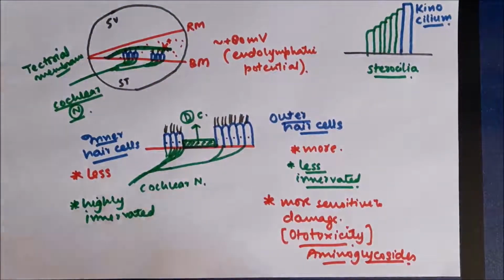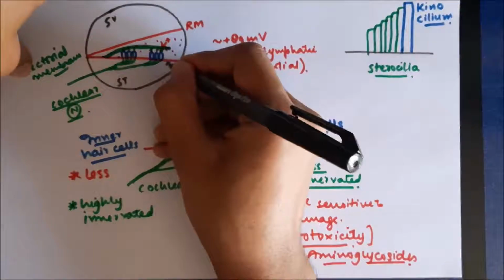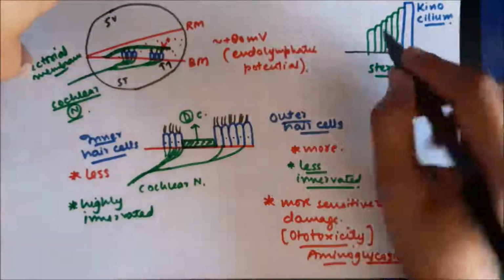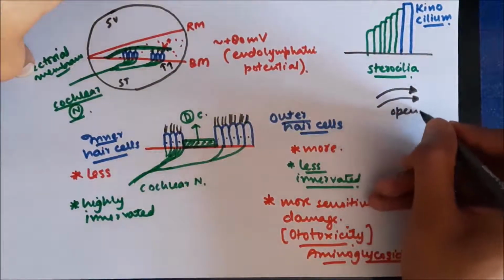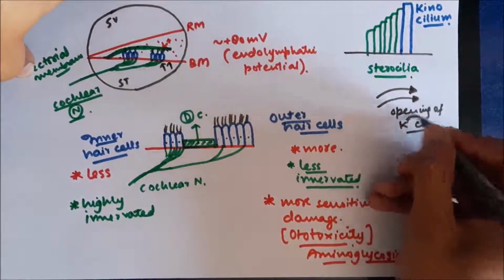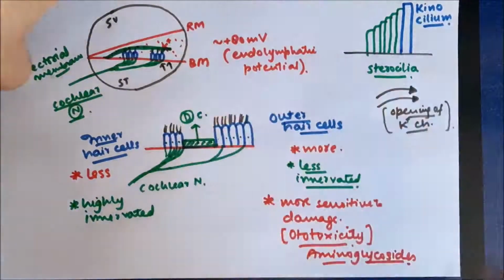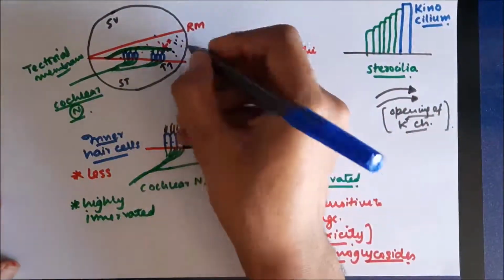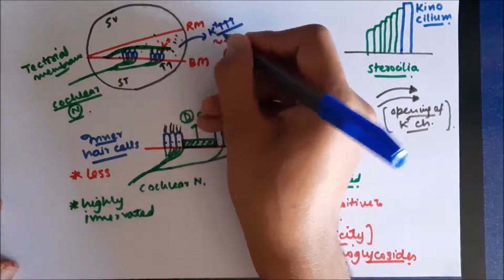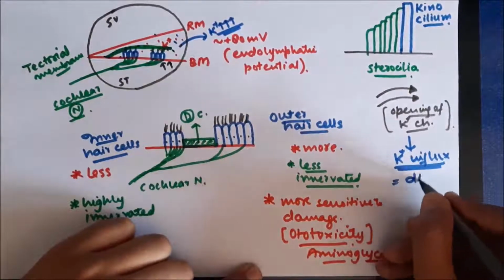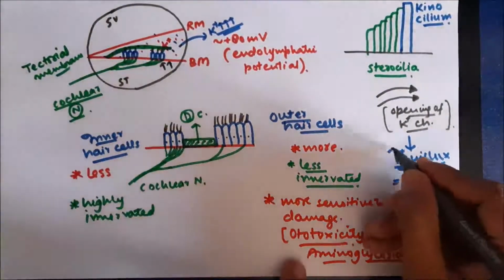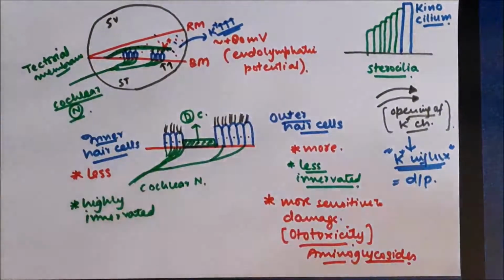Now, whenever sound waves enter into the inner ear, they cause vibrations of the basilar membrane, because of which these hair cells and stereocilia move. If there is movement of stereocilia towards the kinocilium, that results in opening of potassium channels. Normally, whenever there is opening of potassium channels anywhere in the body, that causes potassium efflux, which results in hyperpolarization. However, in this case, since these cells lie embedded in the endolymph, which is very rich in potassium ions, potassium ions enter into these cells, which causes potassium influx. This potassium influx is responsible for depolarization. It's a very unique phenomenon.